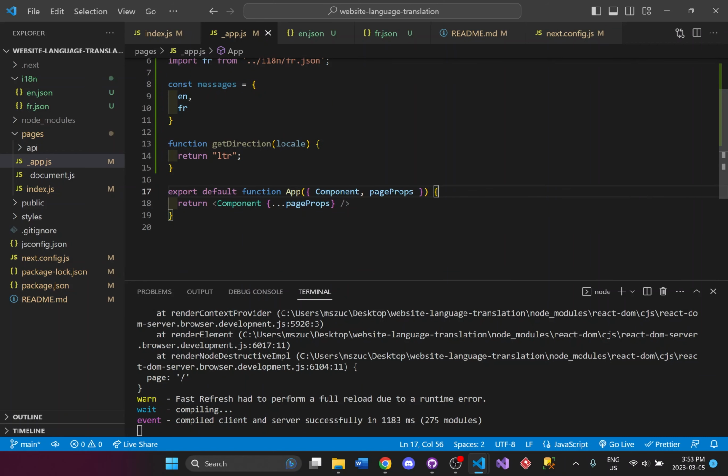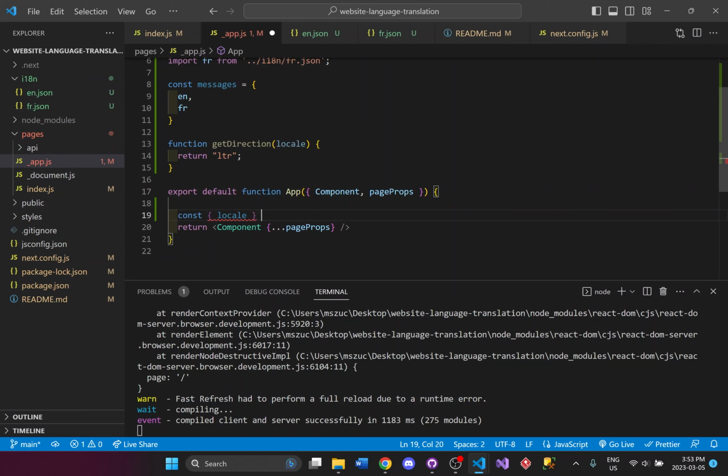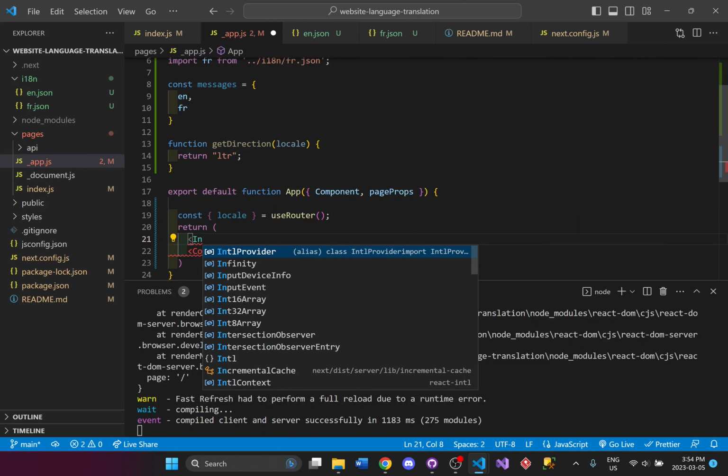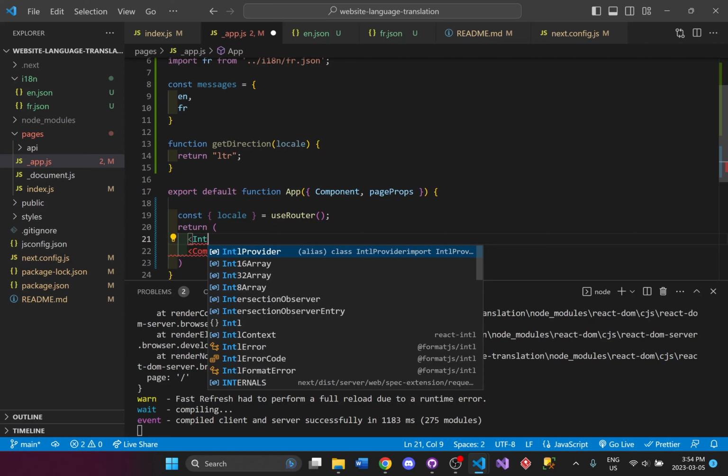And I'm going to be adding this locale here. So this is just using the useRouter, so then it knows all the way from this root level as to what language the entire application will be on. So then whenever the person navigates between the pages, it'll stay at that language. And we need to wrap around the Intl provider.